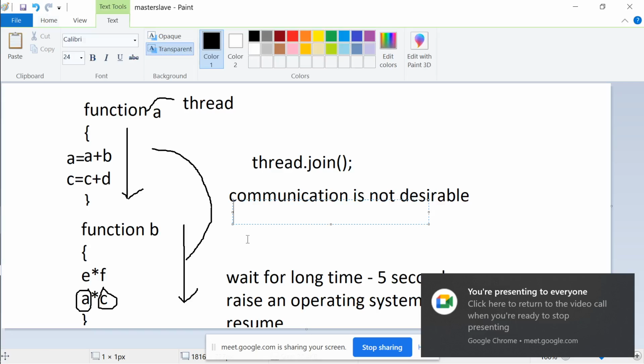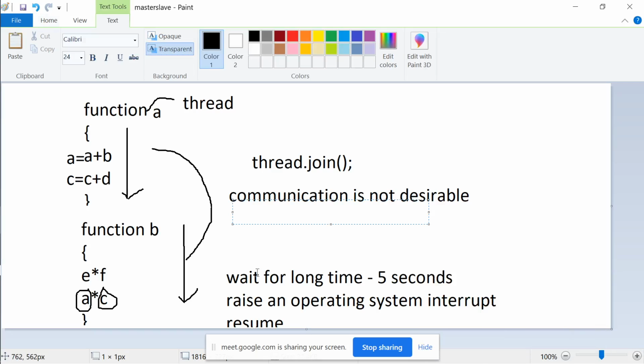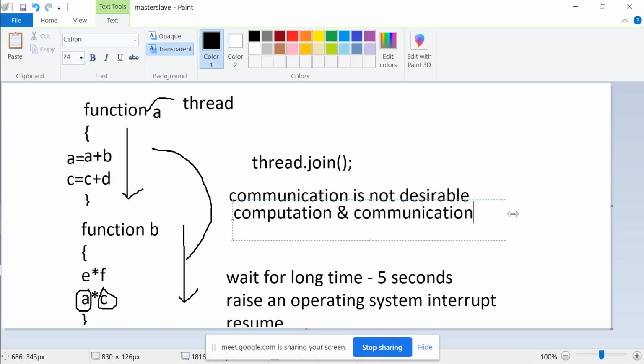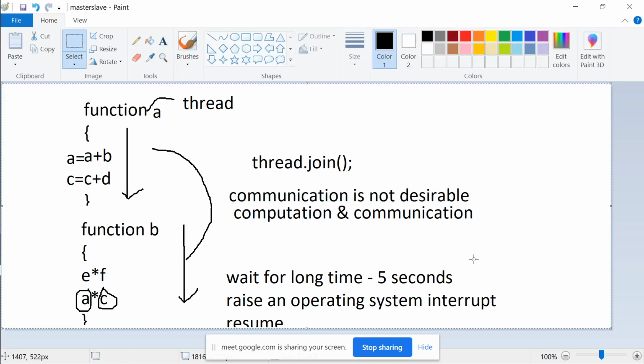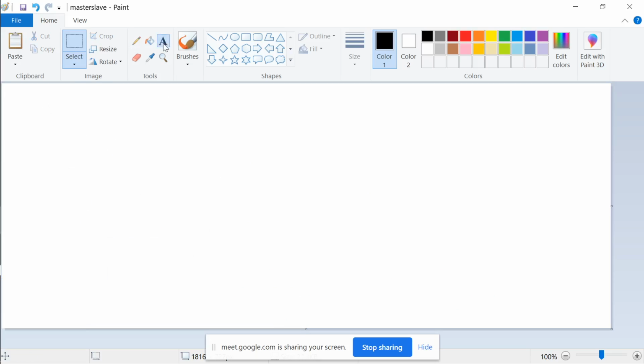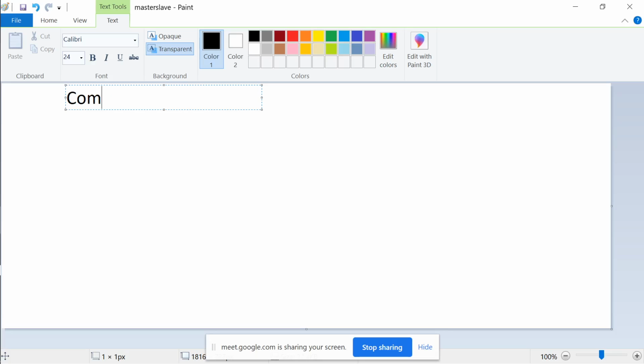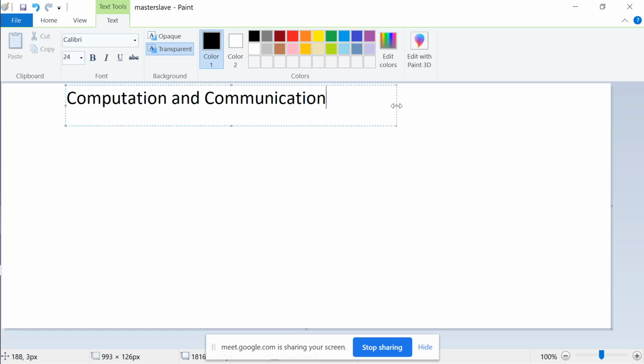So in your exam there is going to be a common question of computation: write down about computation and communication. So when you talk about the computation and communication problem, you're talking about the parallel computing problem, the concurrent computing problem. Lesser the communication,